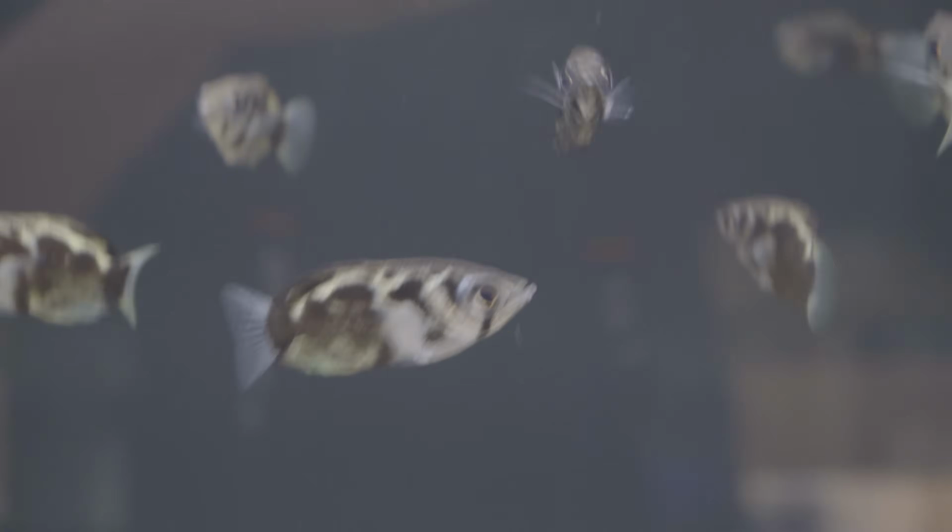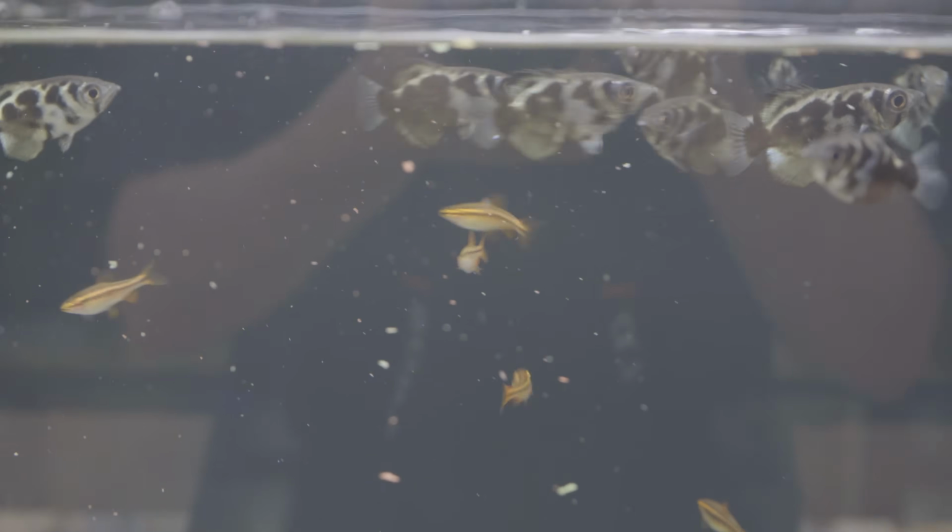These guys as well. Let me just show you this. Again, just standard old flake food, nothing special. Just Cobalt tropical flakes. Get the lid up here. Drop it in and they'll eat it without any problem. Sorry, there's a lot of glare there, but just want to show you that they're good eaters on even just